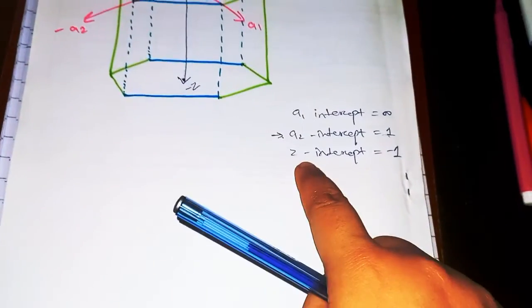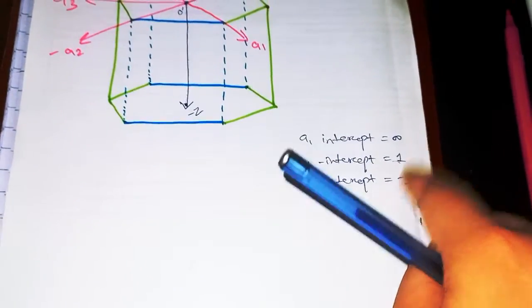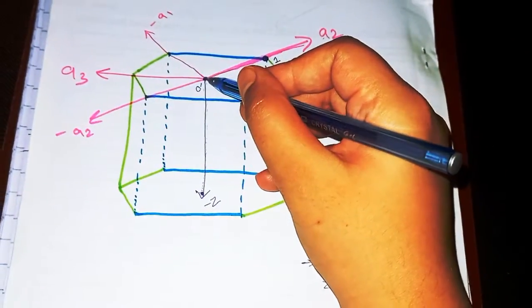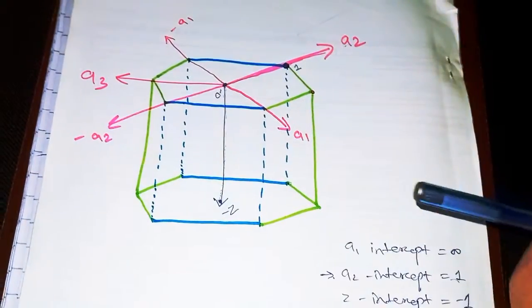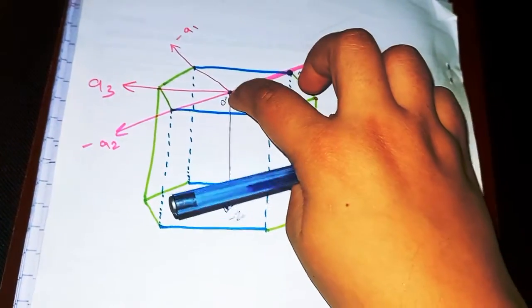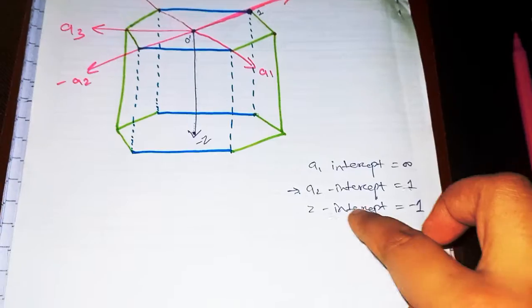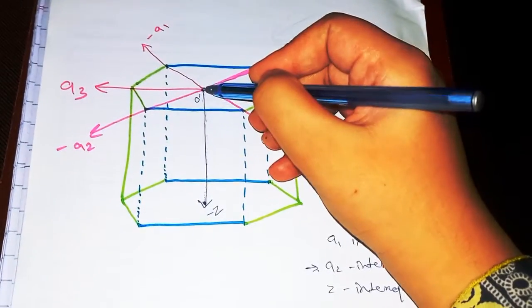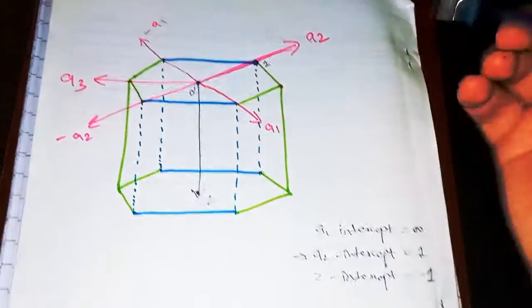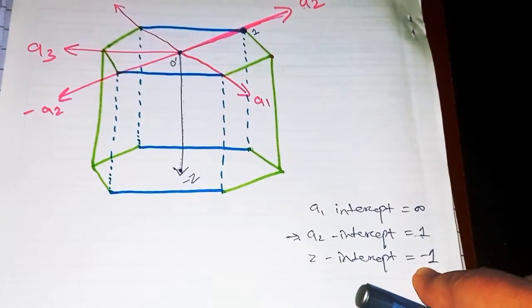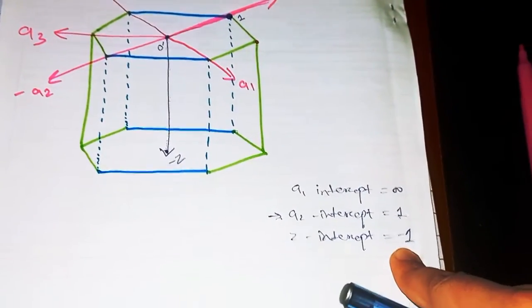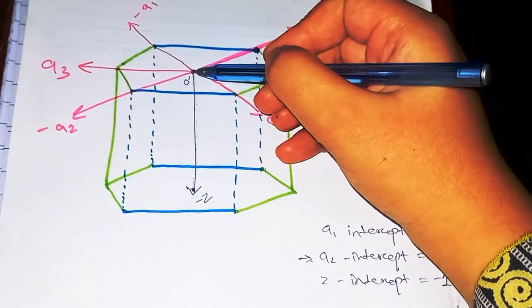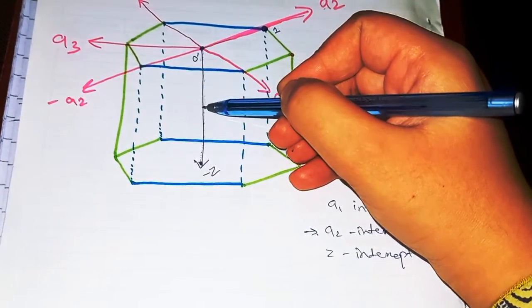Now the next one is the z-intercept, which is -1. So starting from origin again, not from this point onwards, unlike directions, we have to start from origin all over again because they are intercepts, they are different. So the z-intercept is -1, which means starting from origin, we'll move in the negative z direction by 1 unit. So from this corner to the other corner of the unit cell along the z direction,